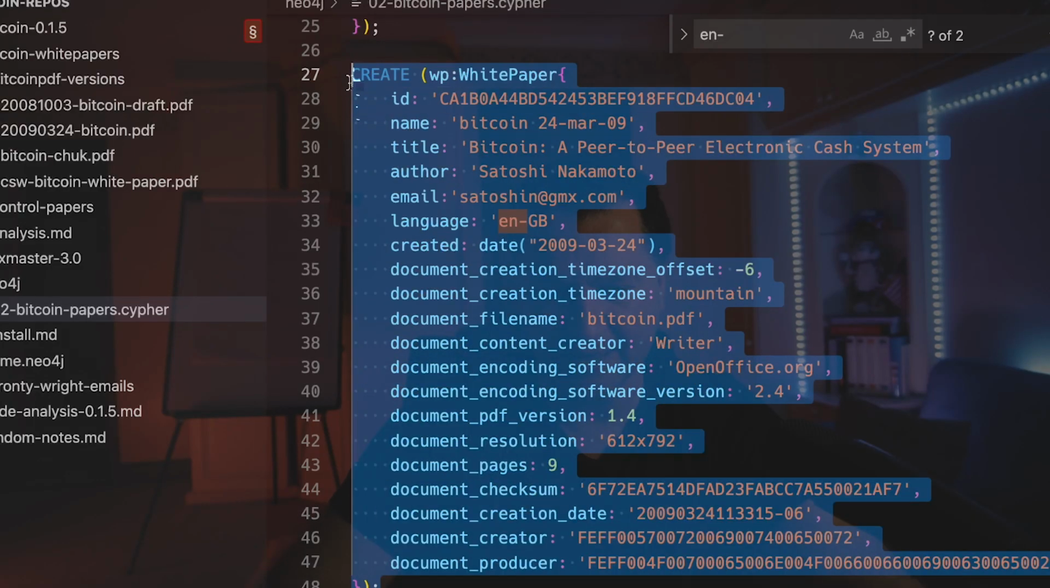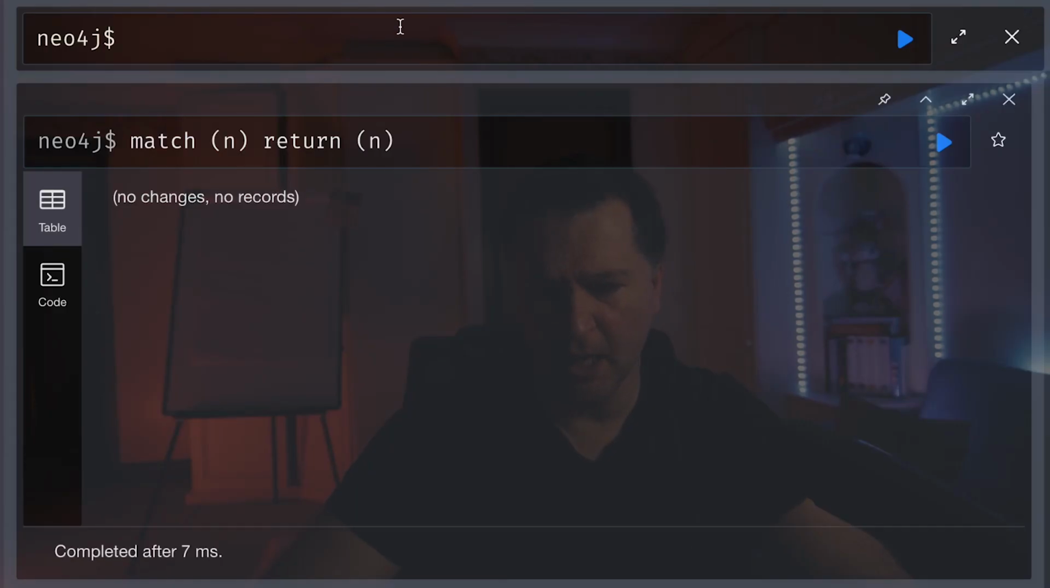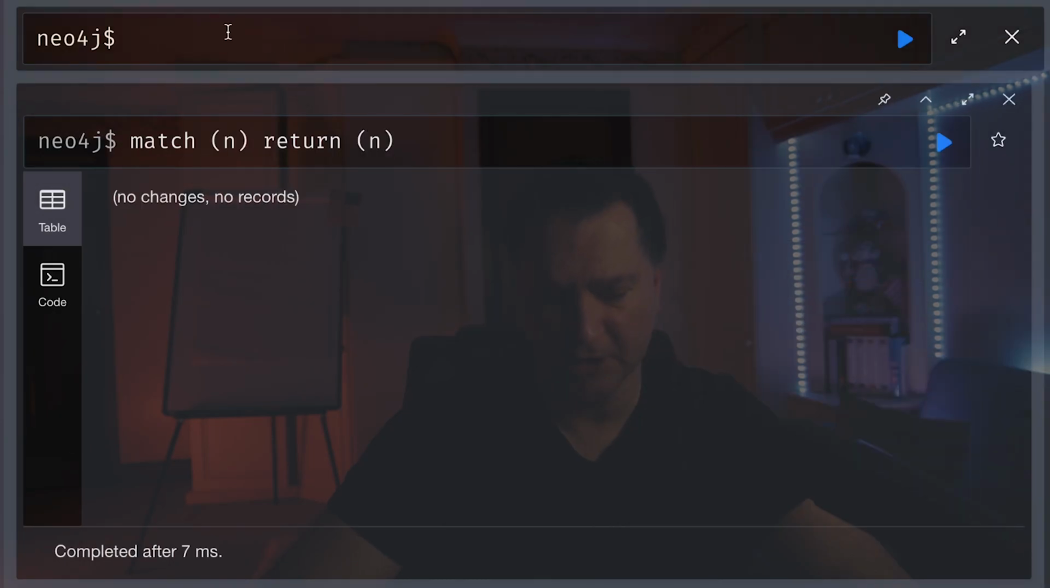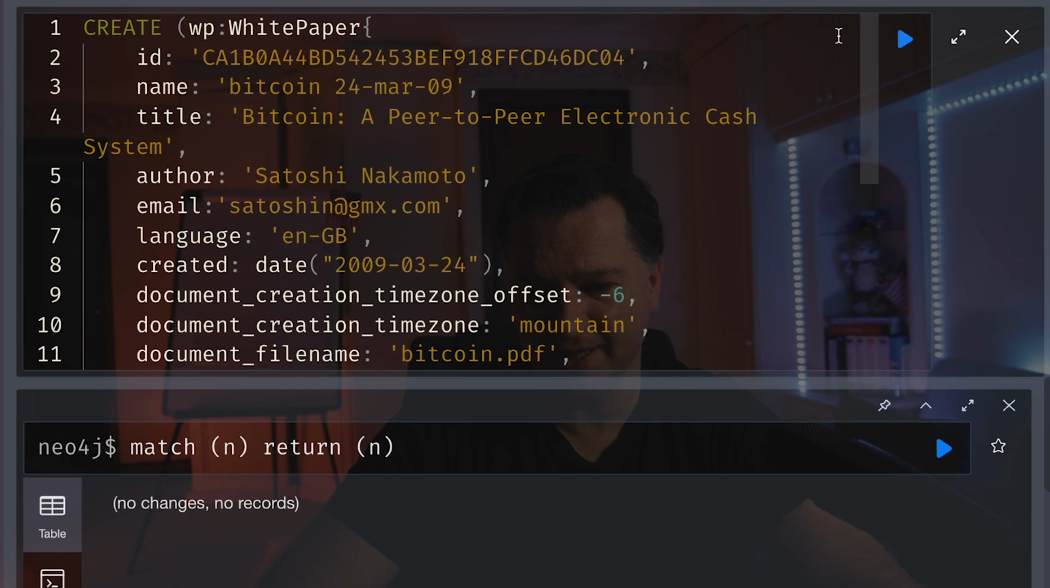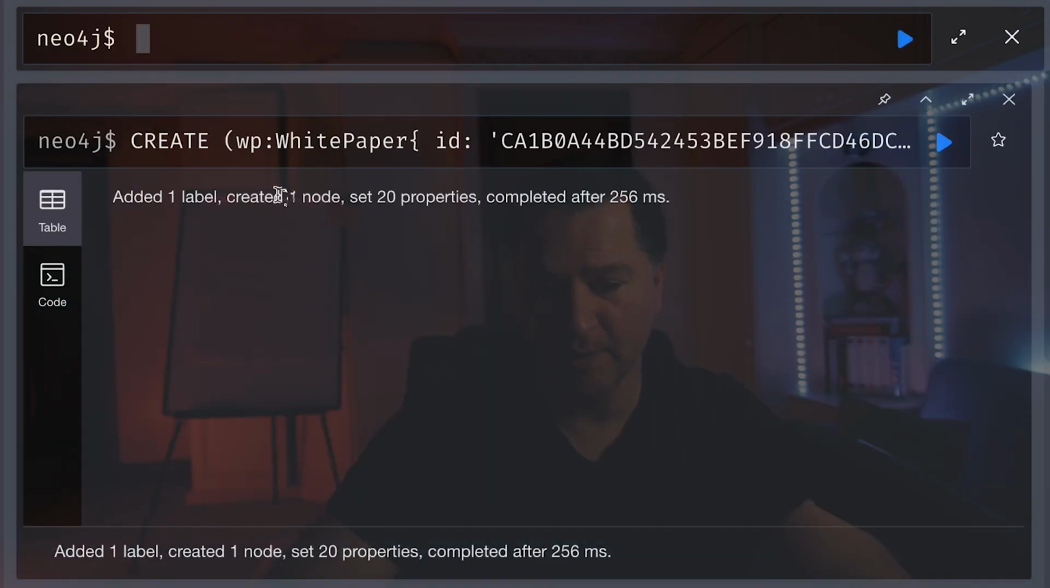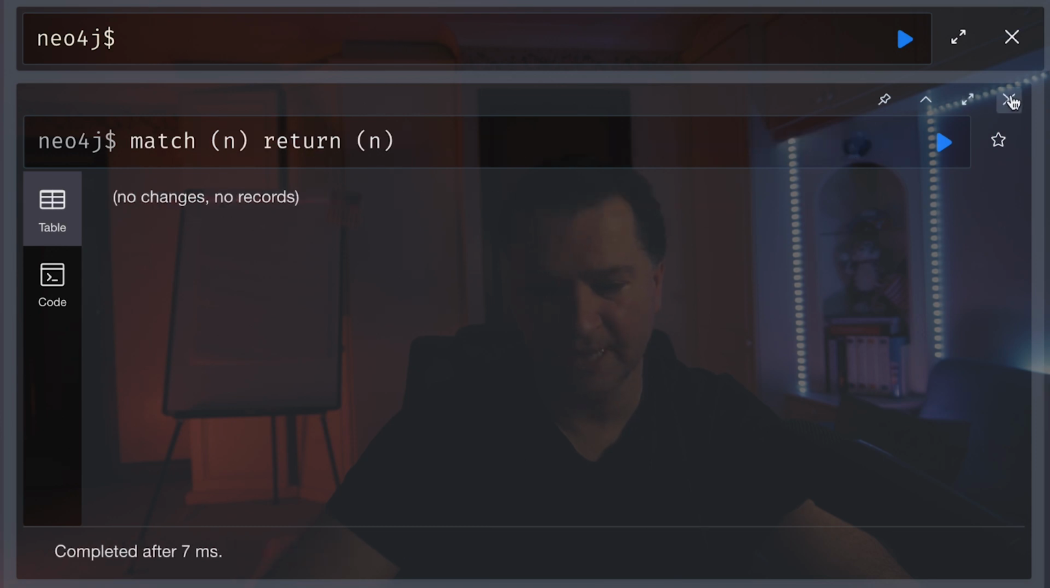So I'm going to copy that, and then what I'm going to do is go back into Neo4j. Let's just minimize this for a second. I'm going to paste this in here. So we'll just hit the play button. And as you see, it's created one node, one label, and it's got 20 properties. So we'll just close that. And then I run my match n, return n again,